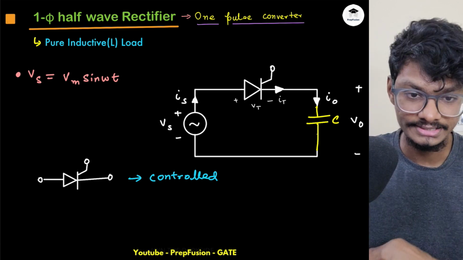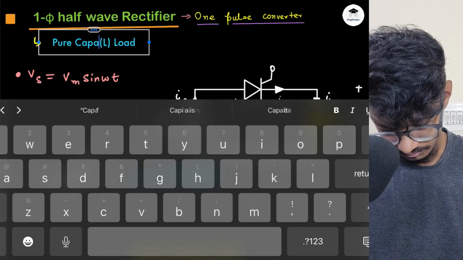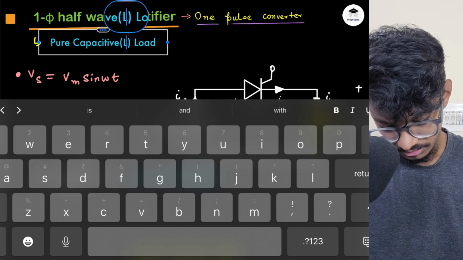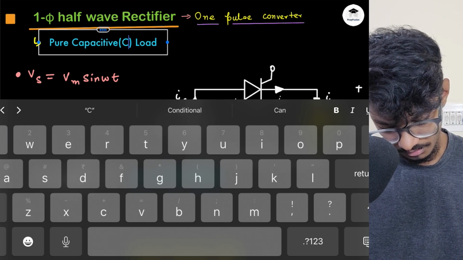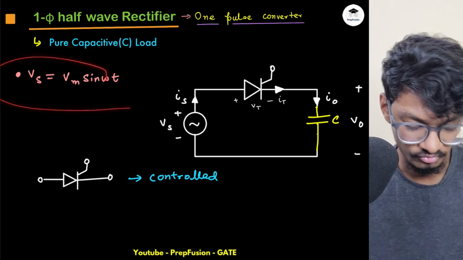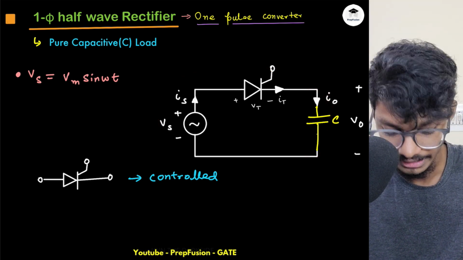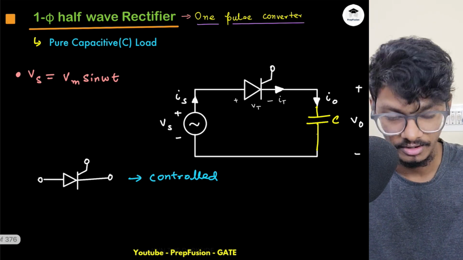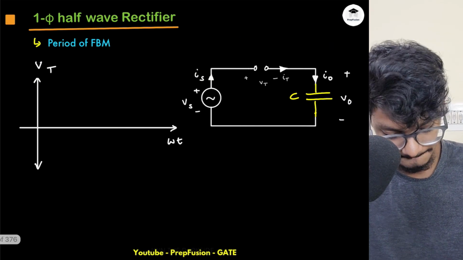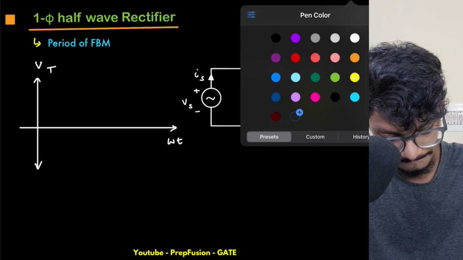Now let's understand this. This is not pure inductive, this is pure capacitive. With the SCR, what will happen with the SCR? So my voltage is Vm sin omega t, the input voltage, and let's say I am not triggering it right now. I'm triggering it at alpha. But first of all, let's understand the forward blocking mode for this. So here again, if my initial Vc 0 minus